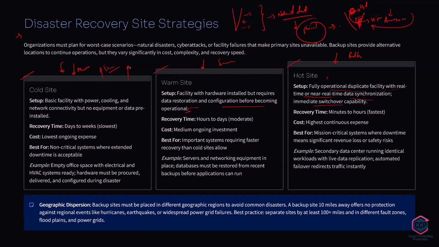But in order to get this data recovered, this disaster recovery strategy here, in order to get this into production, they need to configure each and everything from the start. Everything would be available, but in order to make it production level or available for everyone, it will take time. Okay, here what would have happened? Everything will be ready, but for that site to go into production, it would take some time.